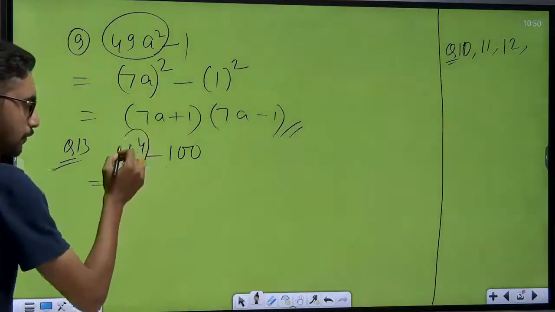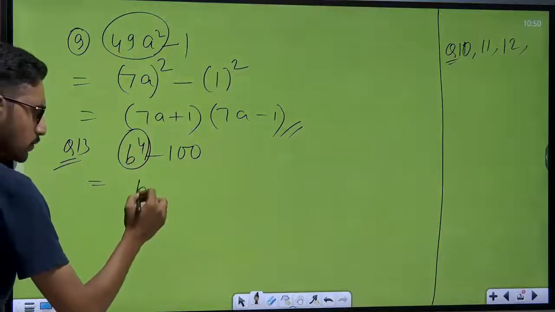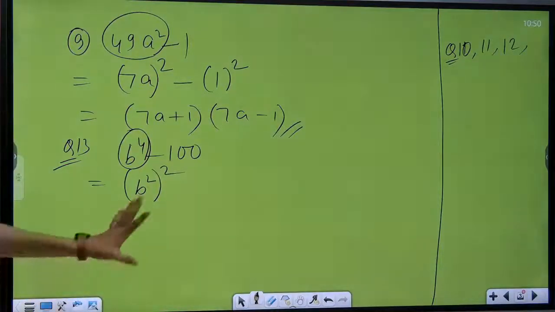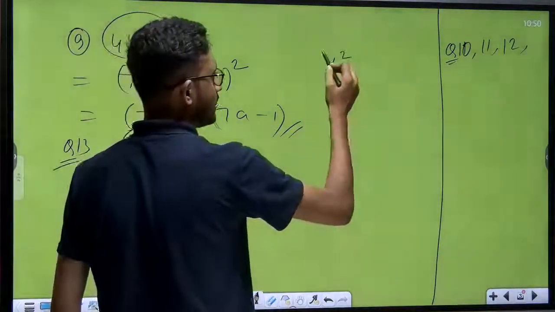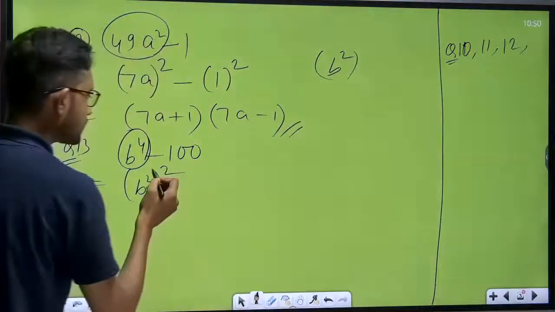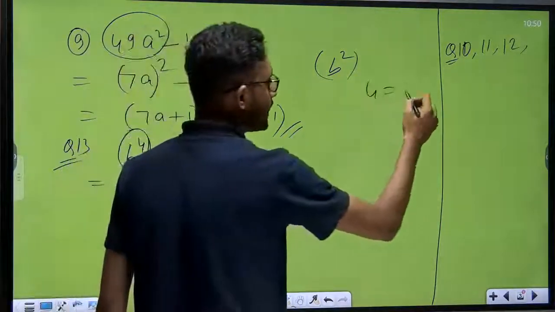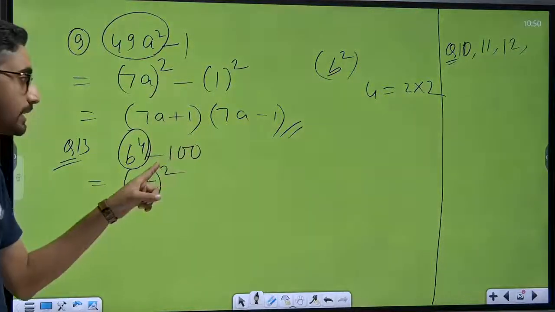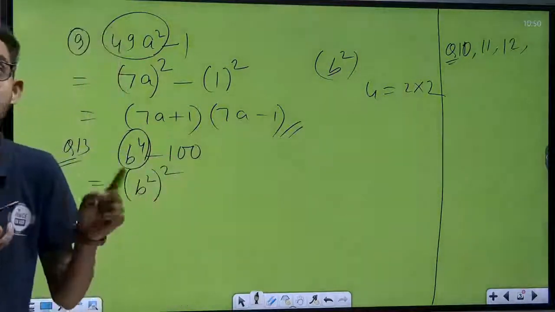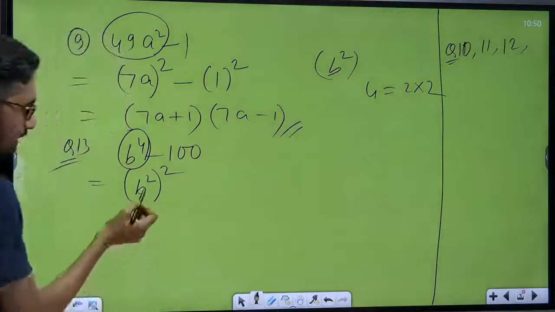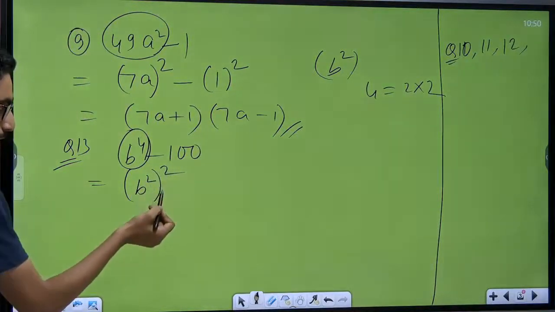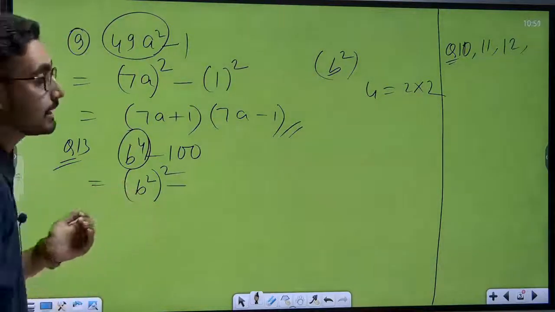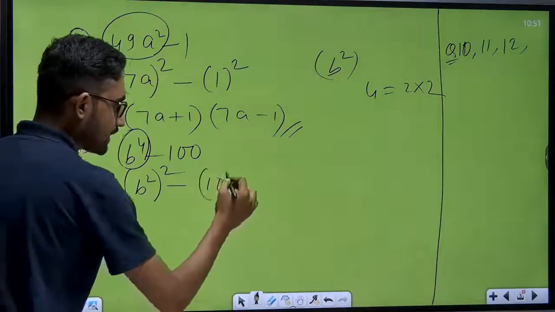b to the power 4 we can write like this, (b square) whole square. Can we write? Check it properly. We can't write it like b square only, because here 4 means what? 4 means we can write 2 multiply 2. And in the exponent chapter, if you remember, power raised to the power should be multiplied. That's why we can write 2 2 ja 4, and we will break it like this, minus. Now how do I write 100? 10 square. Yes, 100 we can write as 10 square.